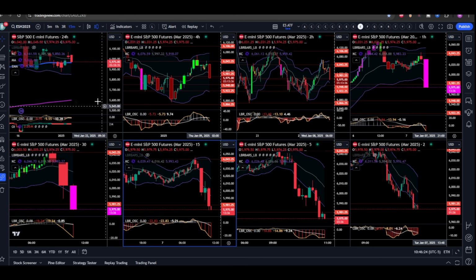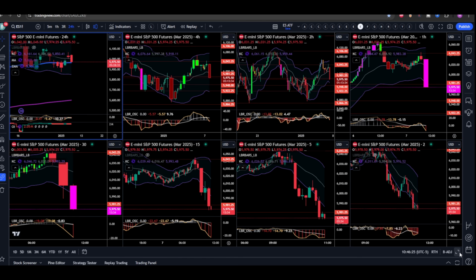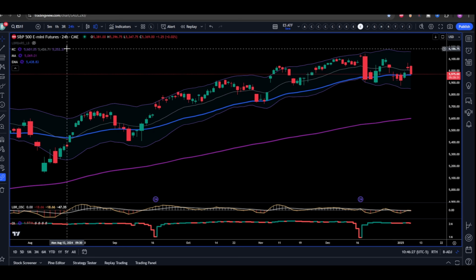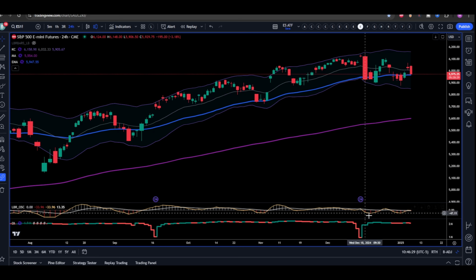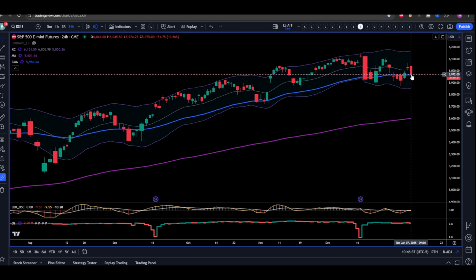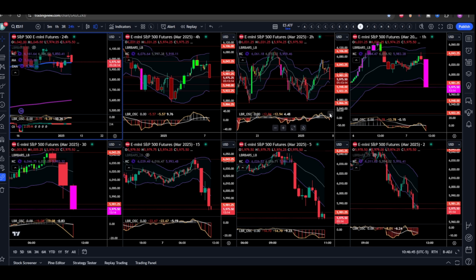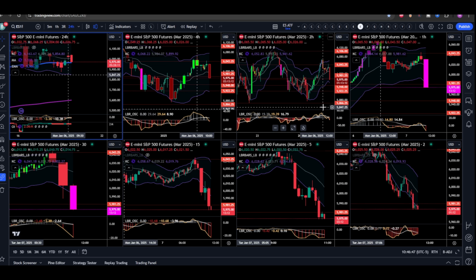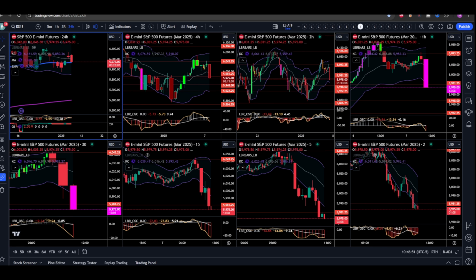You're going to have to go to your daily chart. If you have it set on TradingView, I use 24-hour as opposed to daily, 24-hour and then set to regular trading hours. This will give you your New York open and close as your bar on here, and it will also show you gaps. But in order to fill this out, you have to go back and study what's happened in the last day or so, a little bit longer than that even, and that gets you familiarized with what's happening